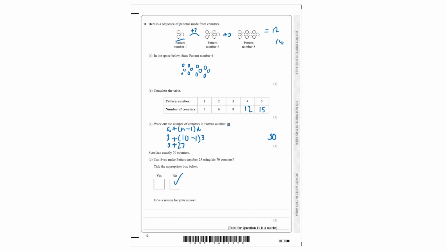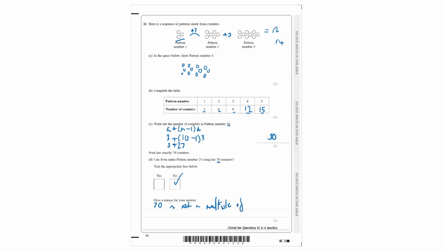No. Why is this? Because 70 is not a multiple of 3, and we can see that it will always be a multiple of 3: 3, 6, 9, 12, and 15. So we can write here 70 is not a multiple